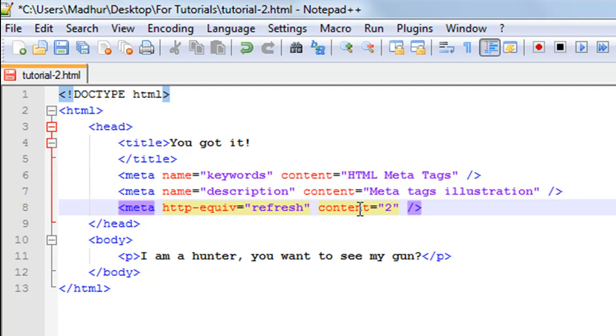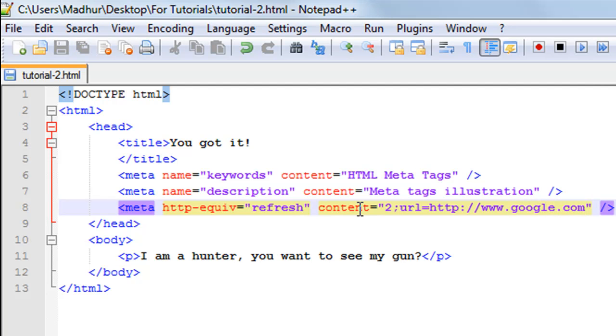So what you'll have to do for that is put a semicolon after the number of seconds, as the value for the content attribute in the meta tag, and then type in URL and then the equal to symbol, and then HTTP : 2 slashes, and then the URL where you want to take them. So let's say you want to take them to google.com, so you just type in